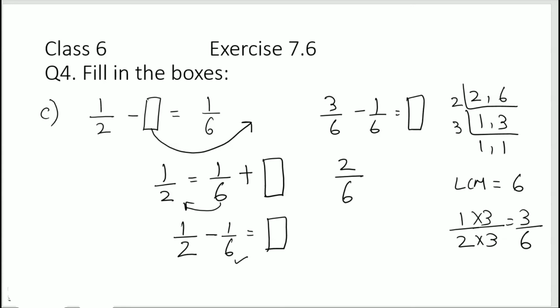2 by 6. So my answer is 2 by 6, or if I simplify this, 2 ones are 2, 2 threes are 6. So 1 by 3. So I can write here either 2 by 6 or I can write 1 by 3. Both the answers are